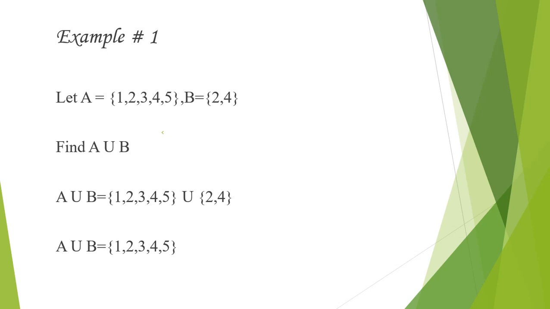one time. What we have done, we have just listed all the elements of set A and set B sequence-wise, and we are not repeating the elements. If some elements are present in both A and B, just like 2 and 4 are common in A and B, we do not write them twice. We simply write them one time.